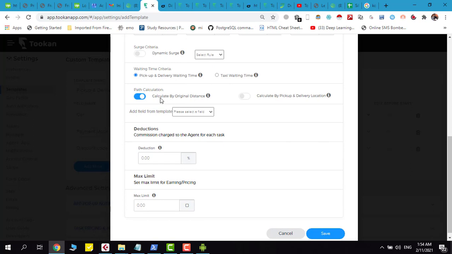The path calculation can be the original path, or depending on whether the customer has moved towards you or away from you, it will calculate the path. If you select both options, it will pick whichever is bigger.